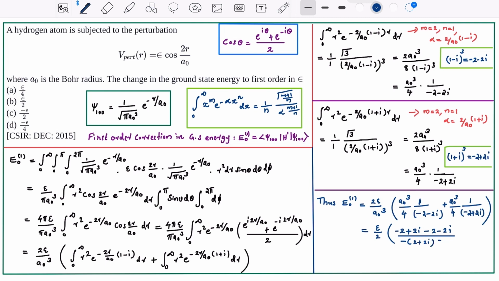You can write the denominator as minus of (2 plus 2i) into minus of (2 minus 2i). Now after simplification, you will get the answer as epsilon by 2 into minus 4 by (4 plus 4), that is equal to minus epsilon by